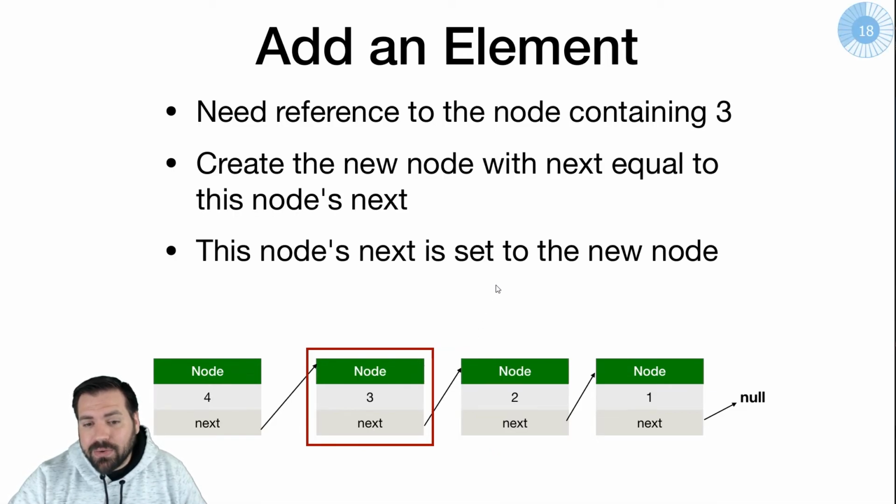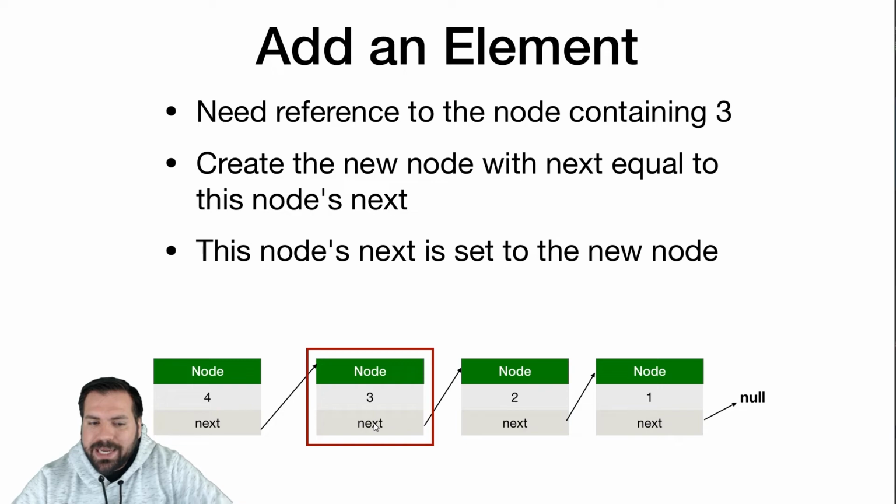So we'll have a reference to this node. We're going to create a brand new linked list node with the value that we want. We're going to set next of that node equal to whatever next of this node was referring to. This node was referring to this node, so we're going to need this reference from next and store that in this reference next. And then we have to update next of this node to refer to the new node that we just added. So a decent amount of work going on. We're creating a new node and we're updating a couple of references.